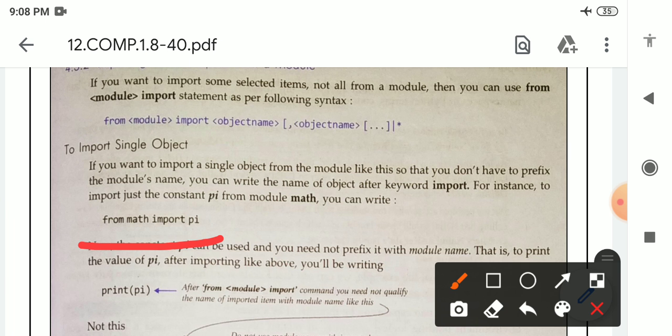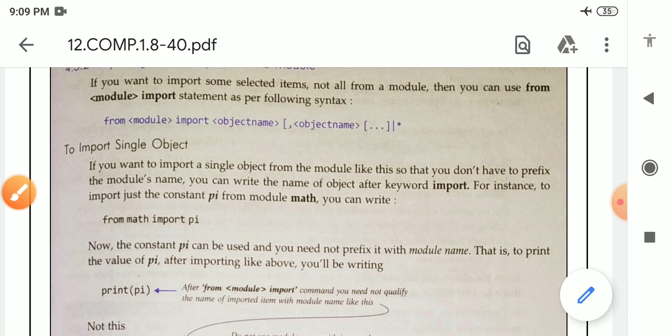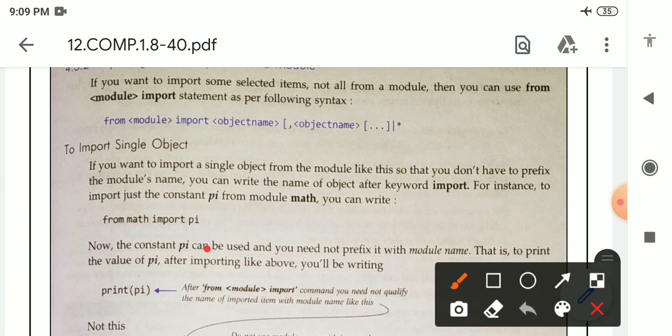First you will write from, after that math, the name of the module, after that import, after that pi, which is the object name, the single item which you want to select.